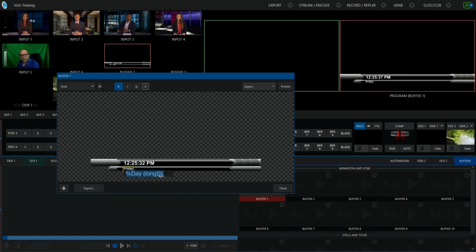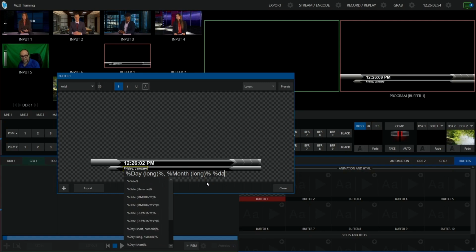And you're not limited to putting one data link key on a line. You can put multiple data link keys. So every data link key is going to start and end with a %, but then after that you can type in more. So maybe I want to have the day, comma, then the month, and then the number of the month. So we'll put comma, and then I'll type data link key again. We'll do month. We'll do month long. Right, and now you can see it says Friday, January,